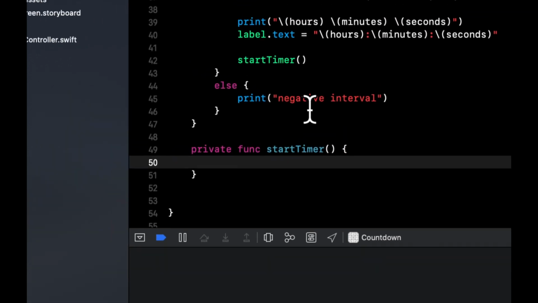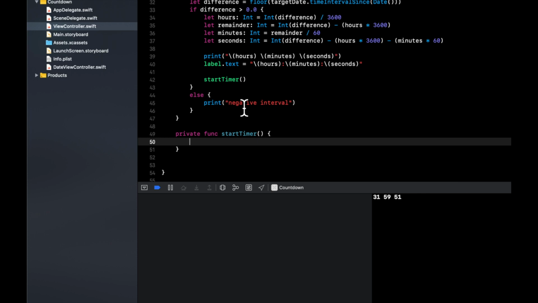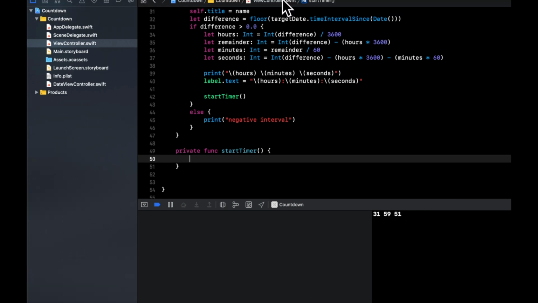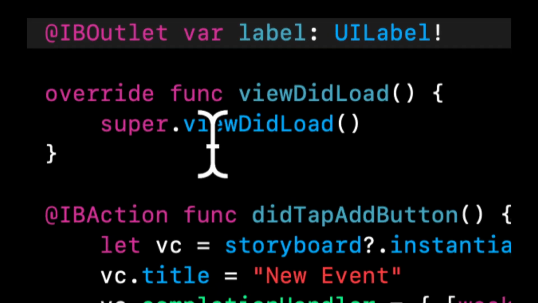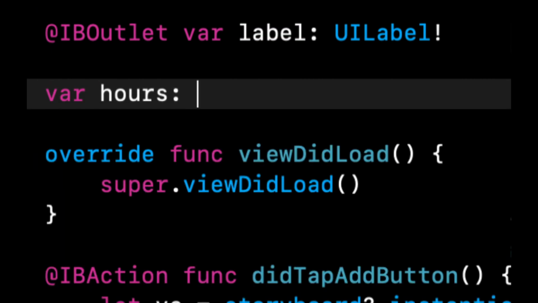What we're going to do is decrement seconds if it's greater than 0. And once it gets to 0, we're going to decrement minutes, so on and so forth. Once minutes gets to 0, we're going to decrement the hour and reset that back to 60 for the seconds and continue down. The thing that's important here is we need to actually hold a reference of our hours,